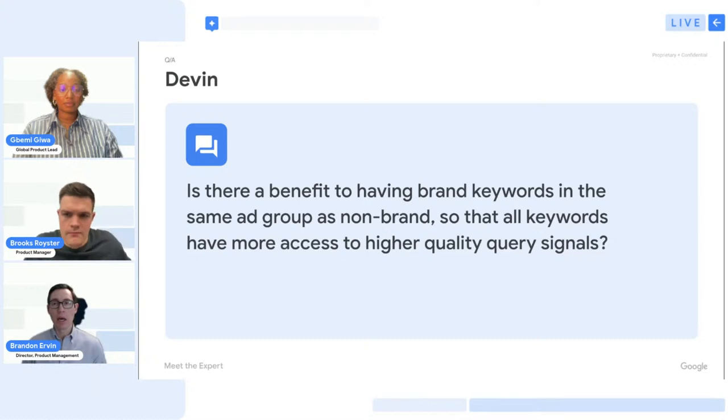So I wouldn't focus so much on the query signals aspect of this. I would think more like, what is my business objective? If I want to separate brand and non-brand, then they should be in separate ad groups or even separate campaigns if you want to separate your budgets. But if your goal is really just to drive traffic around these terms, by all means, you can keep them in the same ad group.